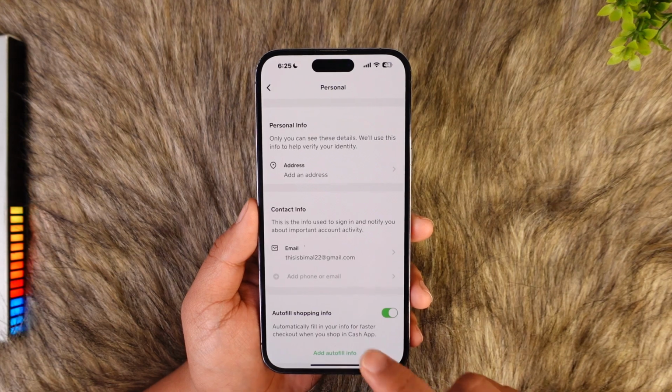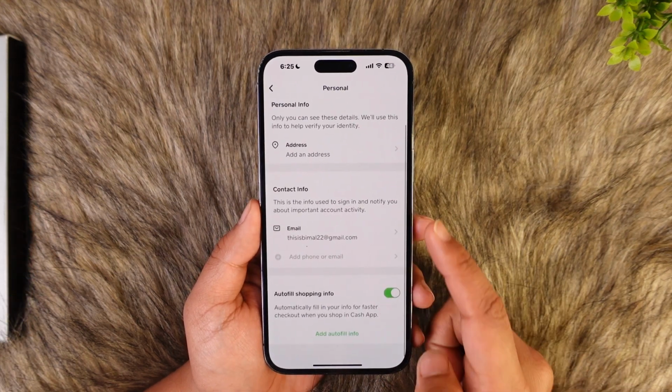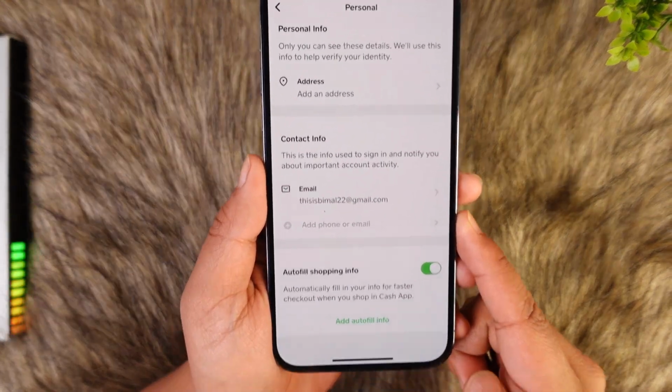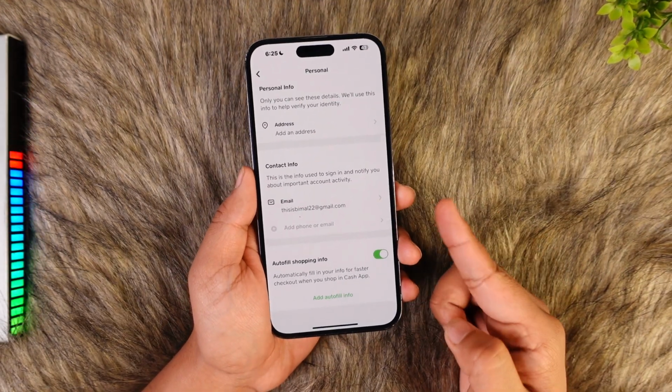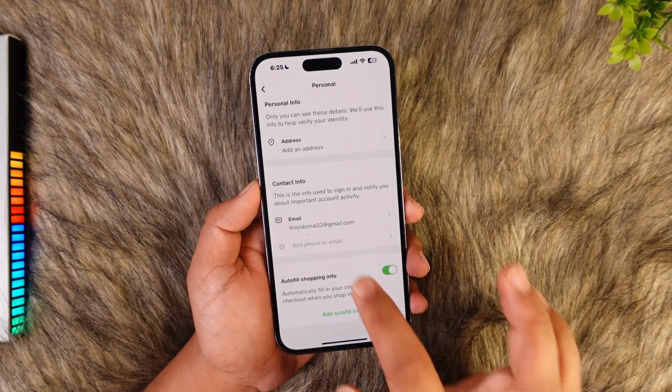Once you tap on the personal option, you can simply scroll, and here under contact info you'll find an option which is your email, and it also says add phone or email. So even if you already have one email, you can also choose to add a secondary email by tapping on